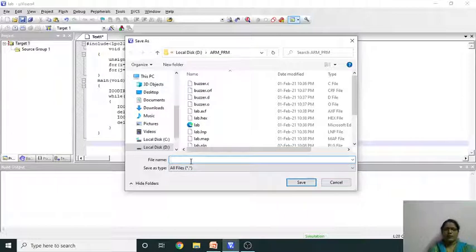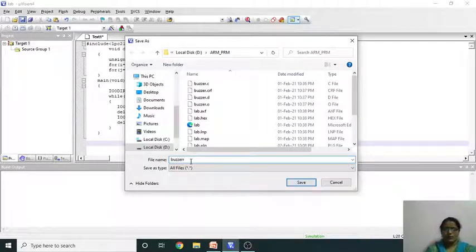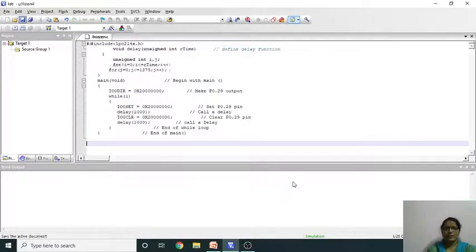Now I can give any file name. So buzzer. Here the file name is a user choice, but the extension must be .c since it is an embedded C program. So the file must end with a .c extension. Then save this one.